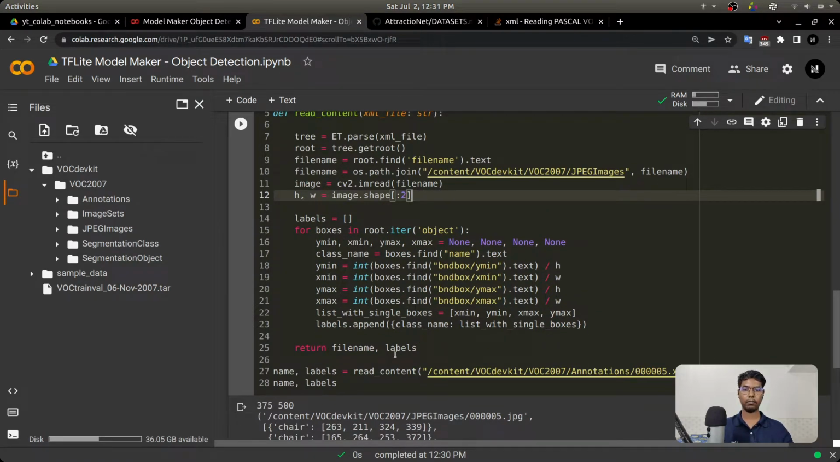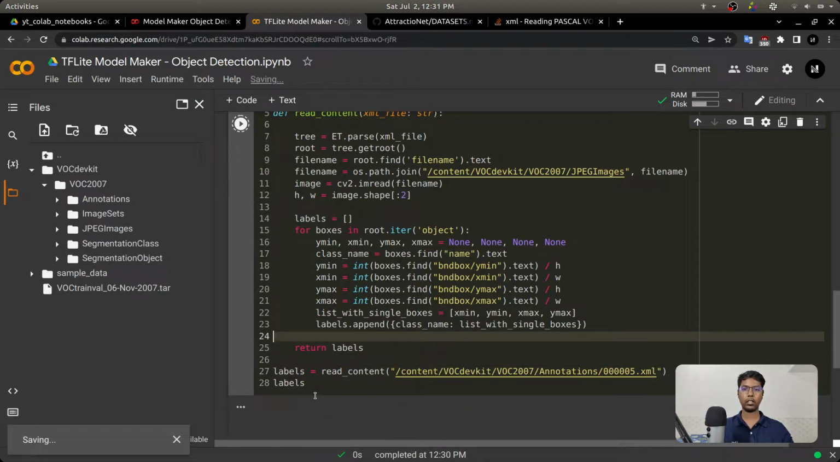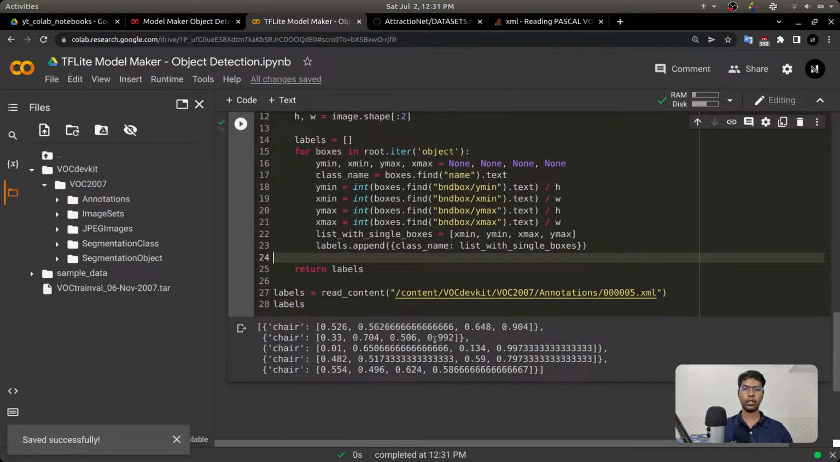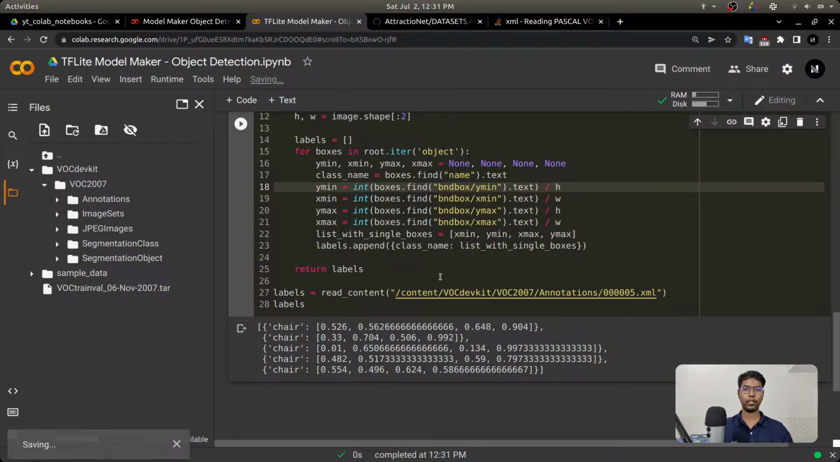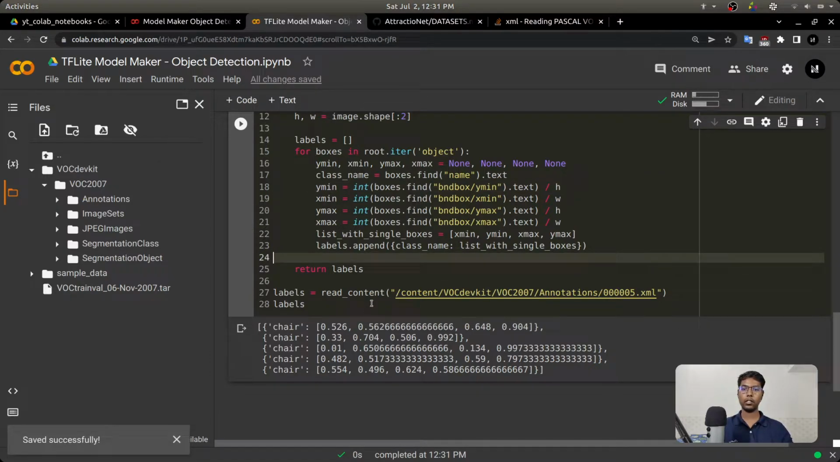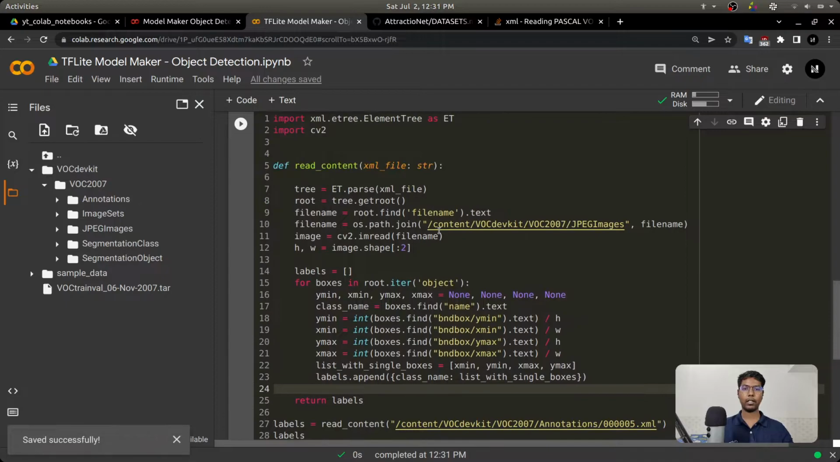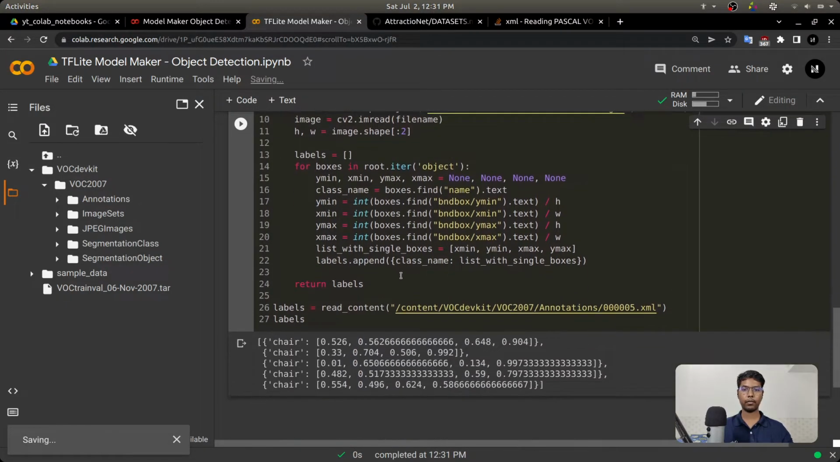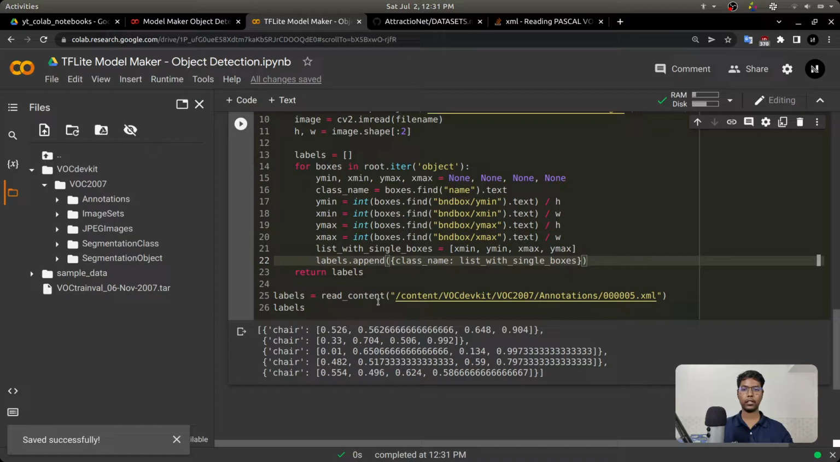And now we don't actually need to return the file name because we will already know the image file name, right? So I'll remove this from here as well. Alright, so we have this, and we can also round this off, or just leave it, we will not round it off. So now we know a way to parse our XML files, and using this read content method,